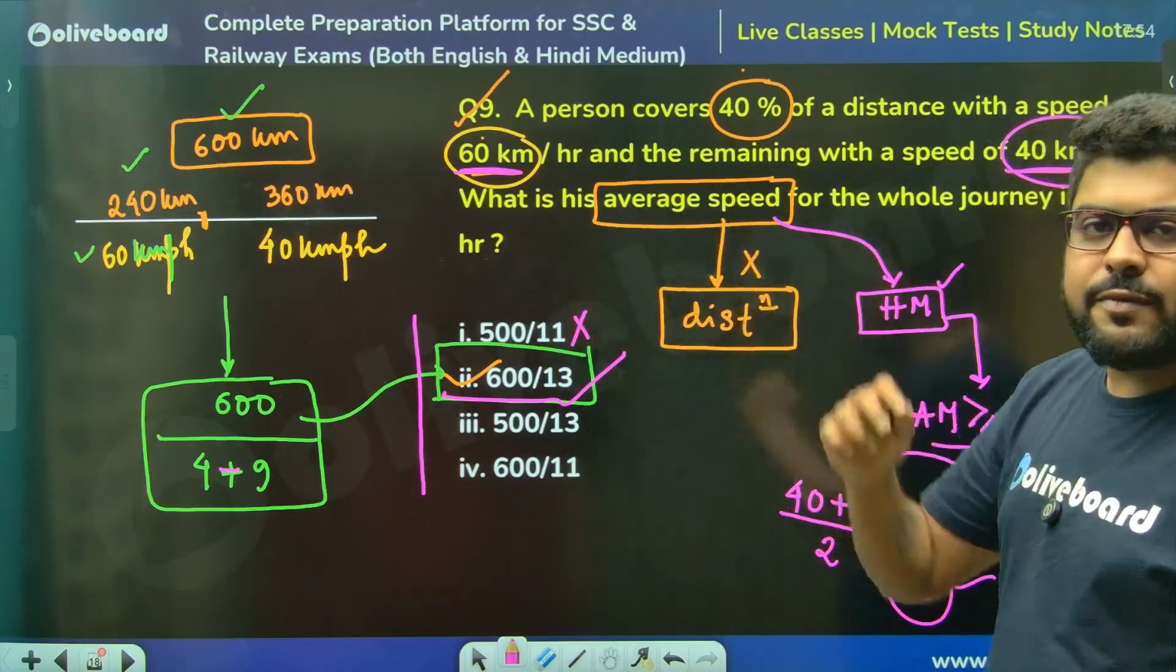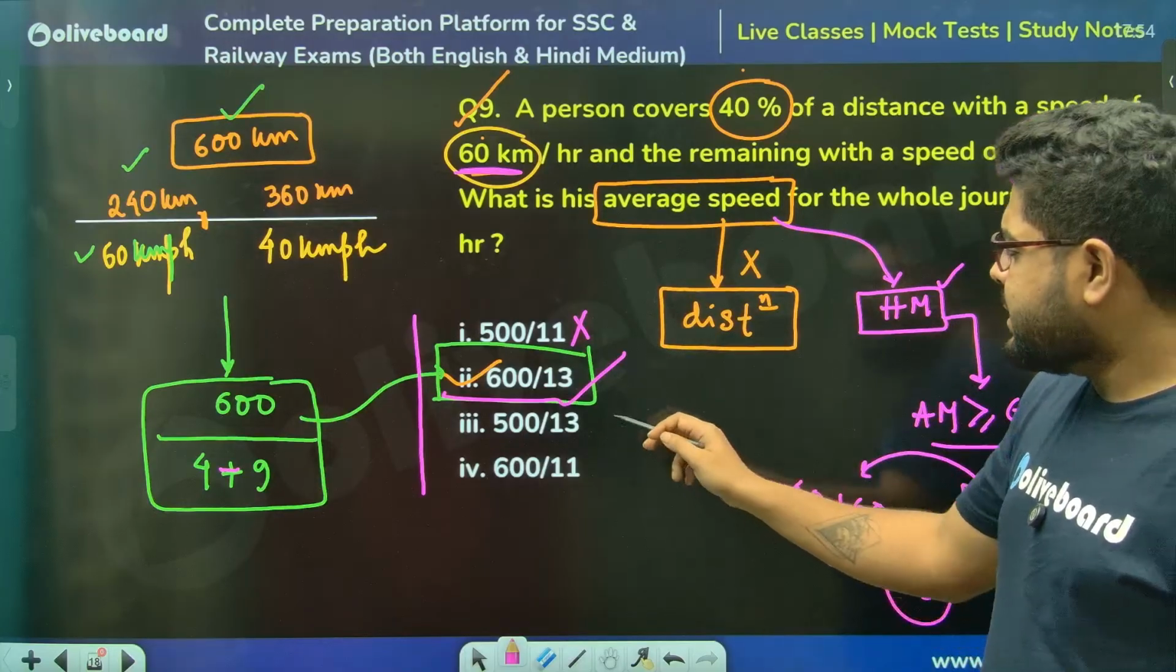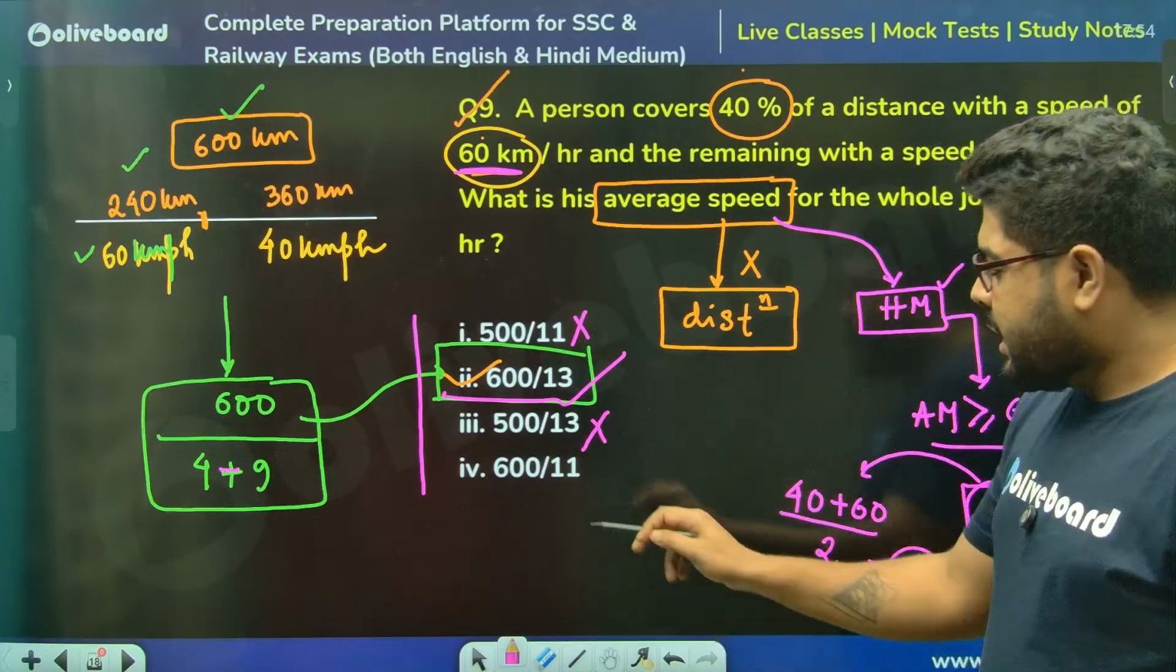500 by 10 would have been 50. So 11 तो और छोटा हो जाएगा. सर ये तो then हो ही नहीं सकता. Now if you take this